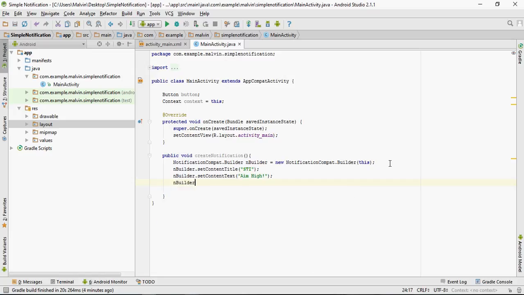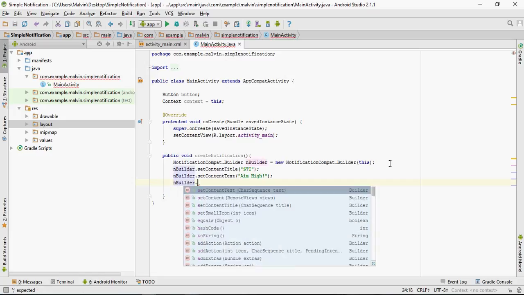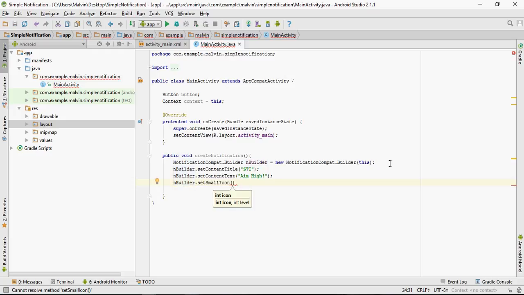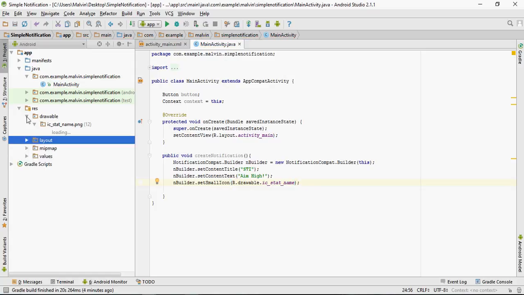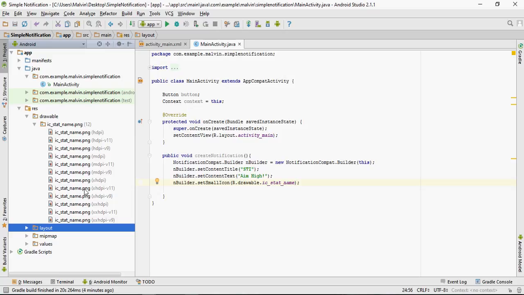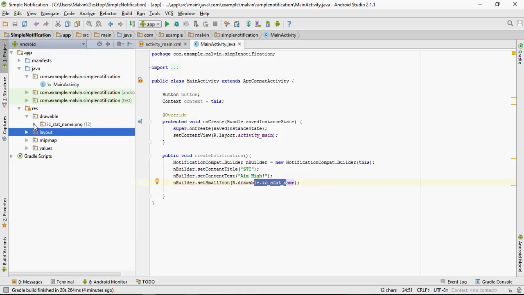So and builder dot setSmallIcon, R.drawable.ic. So the drawable we made a while ago was for this, the image of our notification.